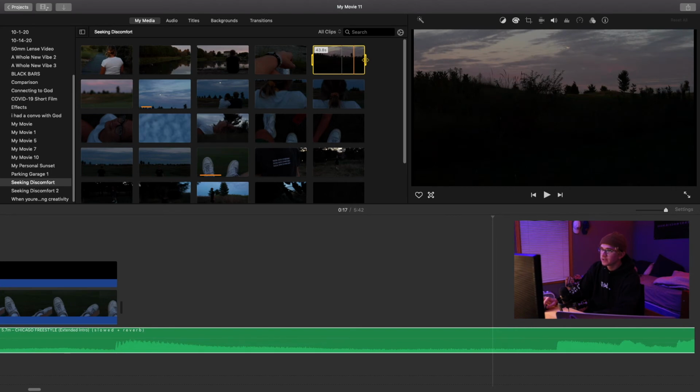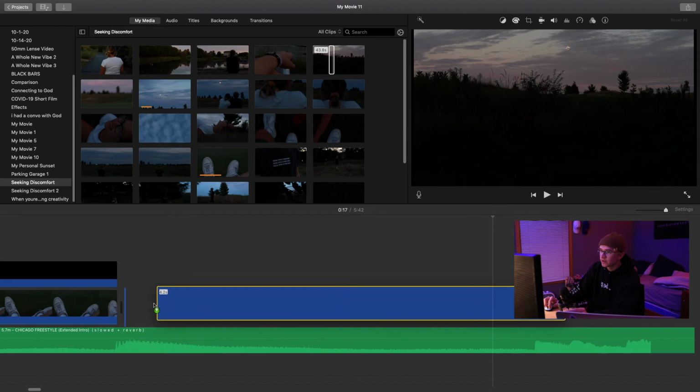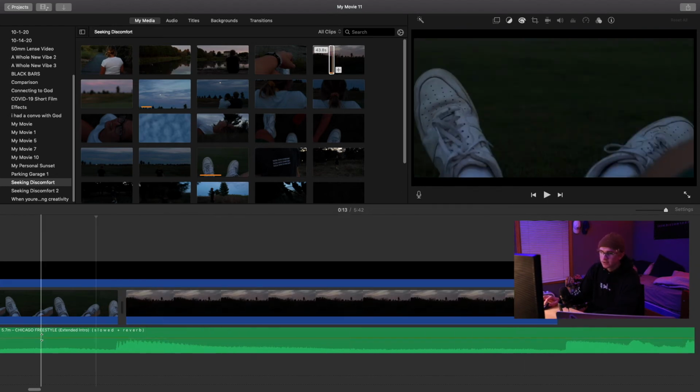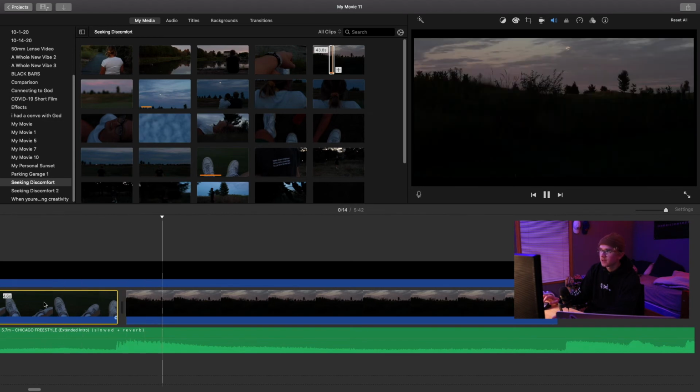So up here you can actually trim it down to where you want it. So I just want a shot of the sky with the clouds moving, maybe about like 4 seconds long. And see, then you can just drag that little part that you selected and bring it in here. So now this will come in, and then right after this the vocals will hit. So right here,